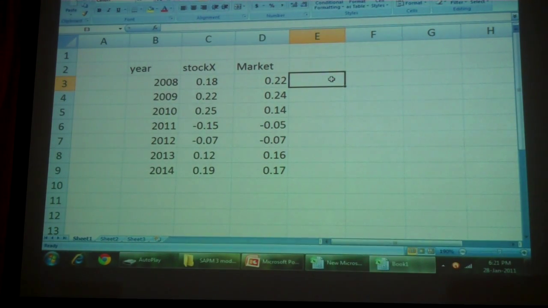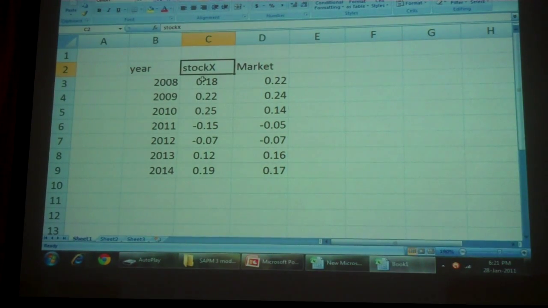So we have to calculate risk and return. The problem is: calculate risk and return, and split the risk into systematic and unsystematic risk. With these details, what we have to do is find the returns and the risk we are taking by investing in stock X. Also, how much portion is systematic and how much portion is unsystematic risk of this stock. Okay, clear with this question?